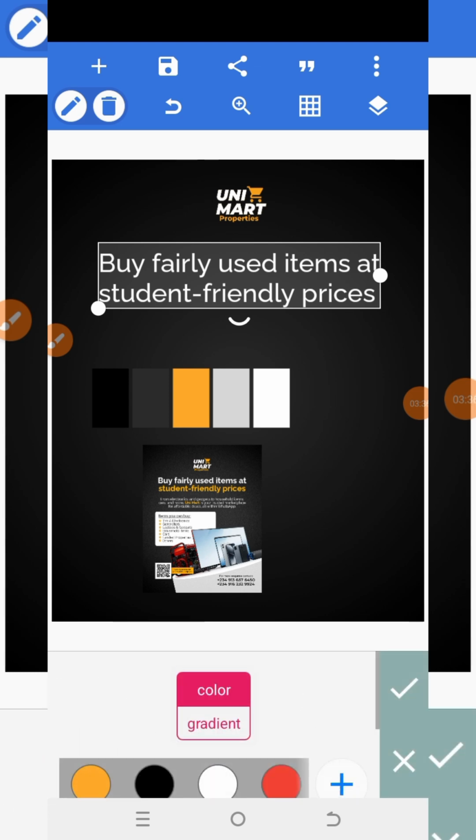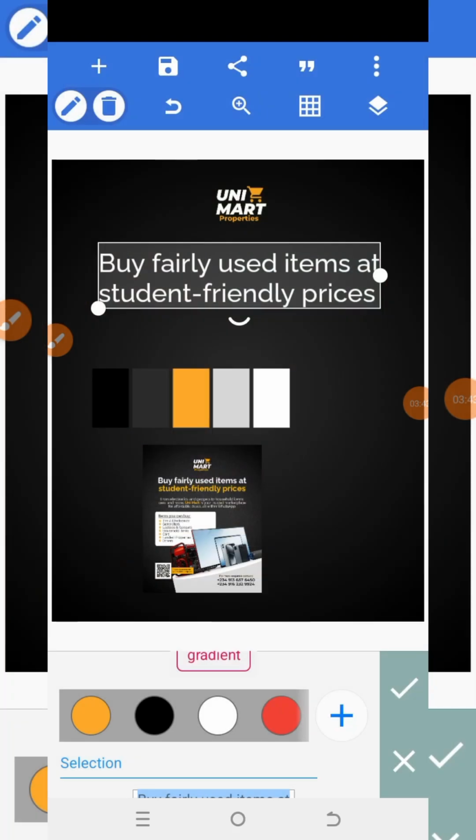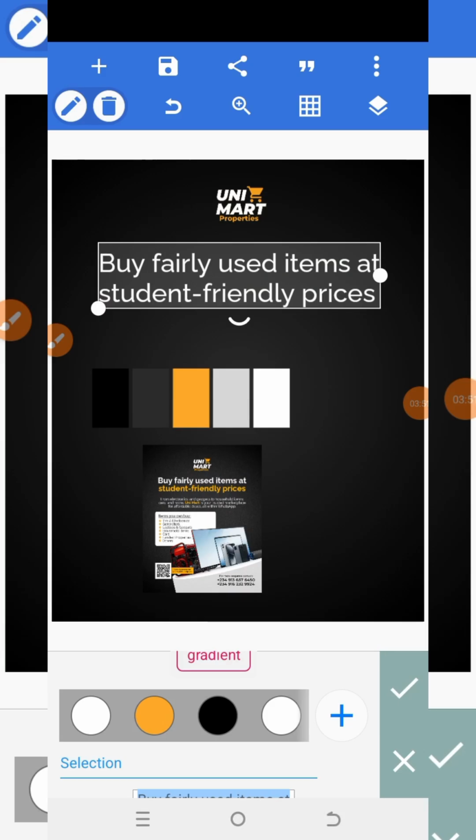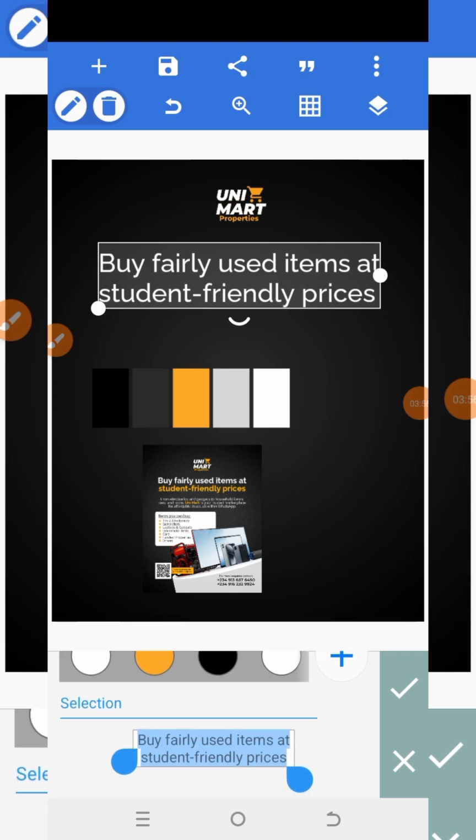So I will go to my color here. I will pick the color from the color scheme here, and then it is white color actually. I will pick from it. Let's see, and then pick from it. And then on the color, you can see the down is student friendly